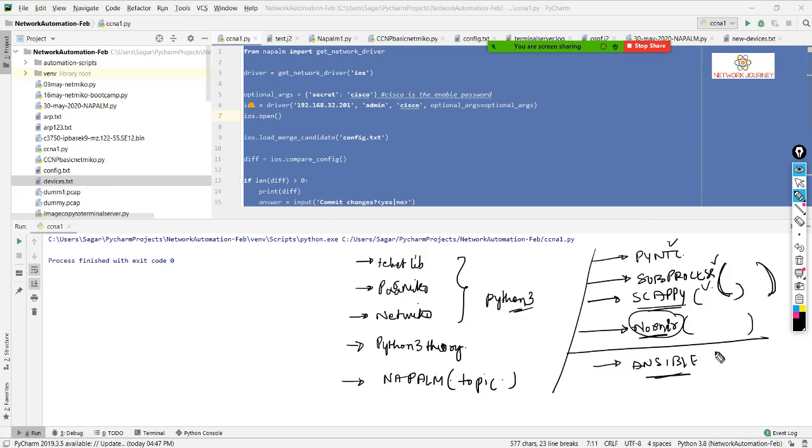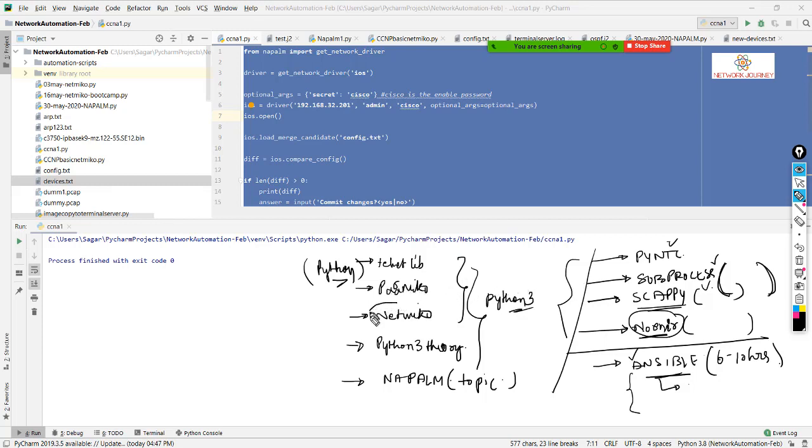Ansible is again 6 to 10 hours of class where we will talk about topics like playbooks, Jinja templating, the inventory files, the Ansible configuration files, YML. So there are again a couple of things in Ansible. Python is one popular network automation programming language which consists of so many modules. So you can take either one of them in your production. You don't have to have all of them in your production, right? So you can go with two or three.